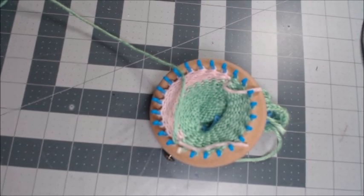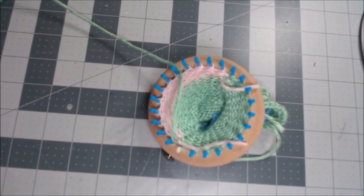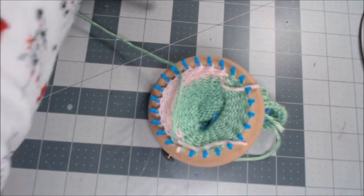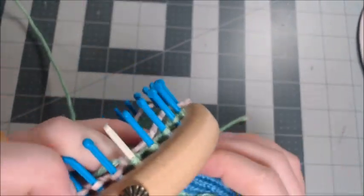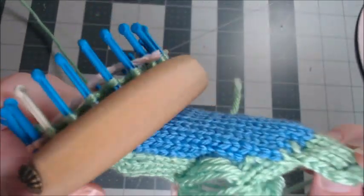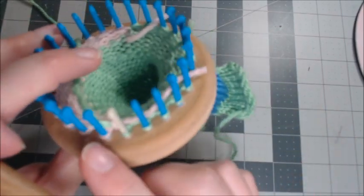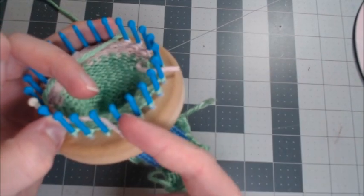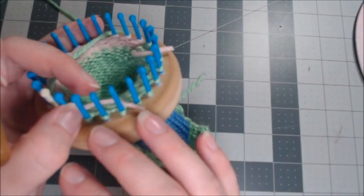Alright, I'm going to show you how to loom knit the head of a peach-faced lovebird. This also will work for the other color variations on the lovebird. The reason why I didn't film the body is pretty much the same as the hummingbird and the kingfisher. The only difference is there's a small tail, and all you're going to do is chain cast on 9, knit for 10 rows, and then leave it, and you're going to do a lot like the